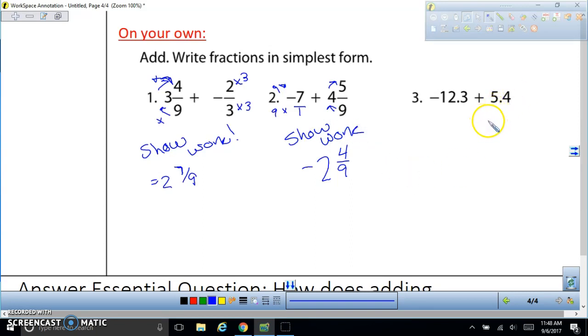All right, 3. Same signs or opposite signs? They're opposite signs, and so you know the answer is going to be negative because negative 12.3 is further from 0, and now you're just going to subtract the one further. Okay, and you should get negative